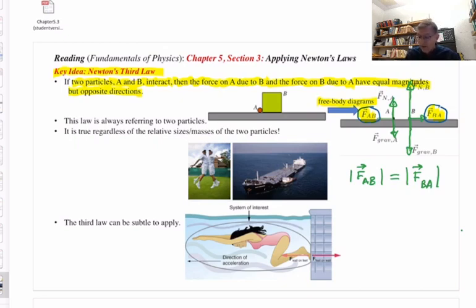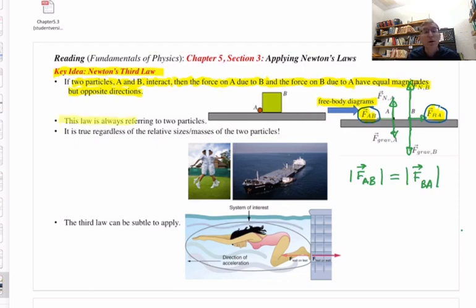Okay? So that is useful. This new law, the third law, it can be useful when you're applying the second law. It is just a tool in using the second law. But let's make sure we understand this tool. Here's one thing to note. The third law is always referring